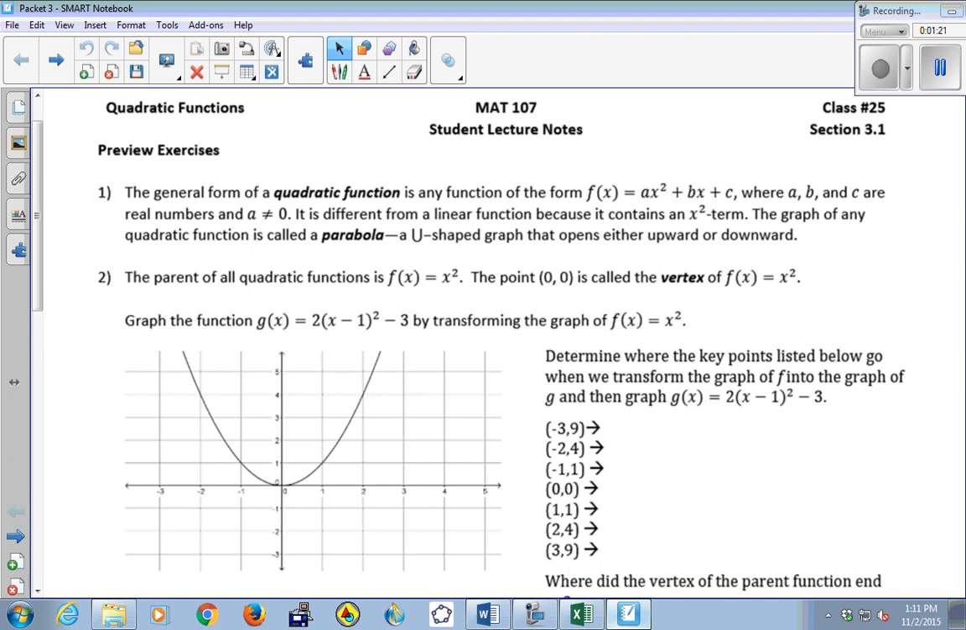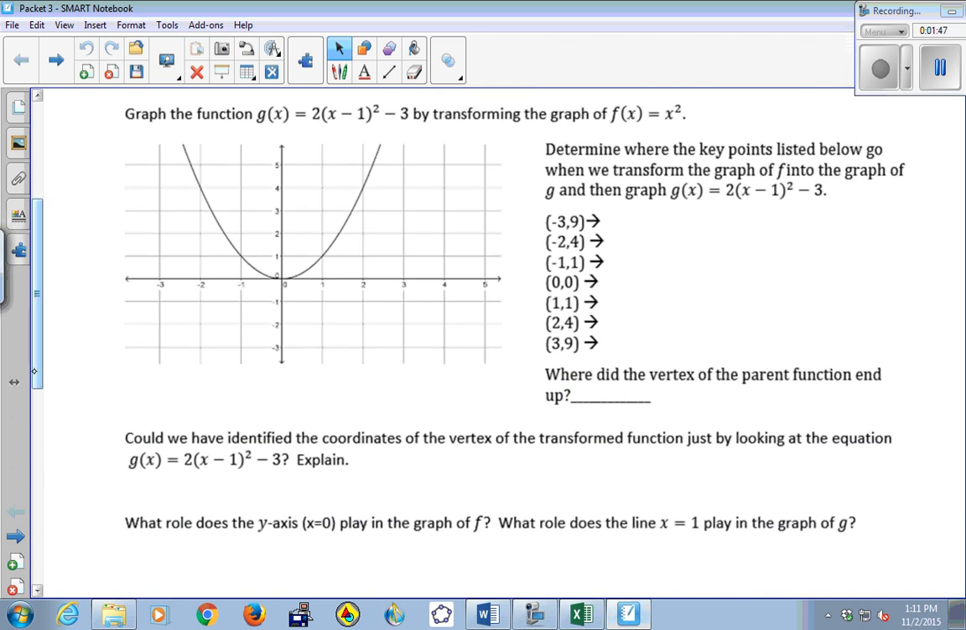The graph of any quadratic function is called a parabola. It looks like a U, and it either opens upwards or downwards. So the parent of all quadratic functions is f of x equals x squared. The point 0, 0 at the origin is called its vertex. That's sort of the turning point, the local minimum point. So I want to graph the function g of x equals 2 times (x minus 1) squared minus 3 by